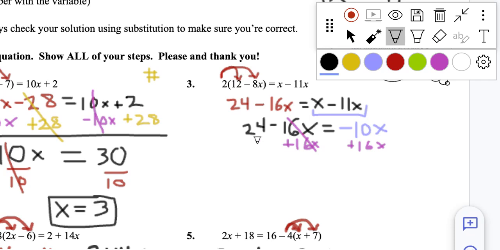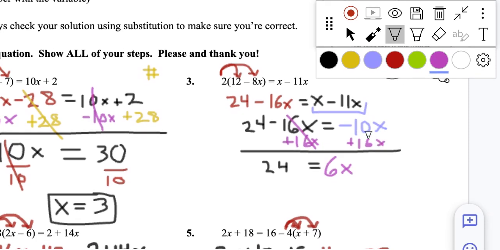Okay, adding 16x to both sides, we're going to get 24 equals whatever this is. Negative 10 apples plus 16 apples happens to be positive 6 apples. Or think about it this way. What's 16x minus 10x? 16 minus 10 is 6. So that is confirmed. Okay, I'm going to do my last step of just dividing by 6 to both sides